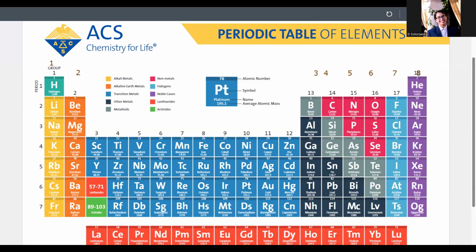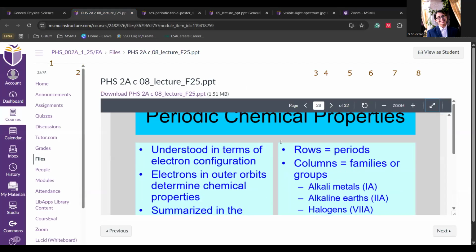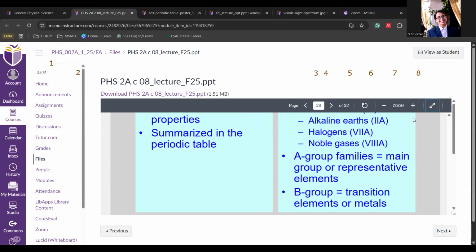If they are past about 4, they're going to try and get up to 8. If they're below 4 valence electrons, and below being half filled, then they're most likely going to want to lose their electrons, so bonding is going to be really easy. That's the main thing to know.